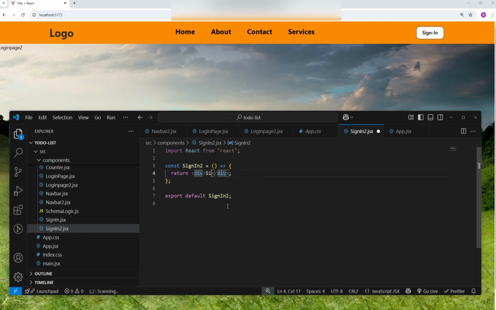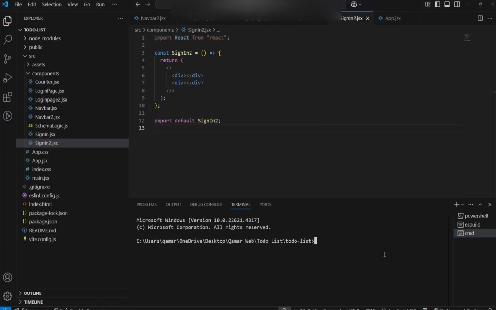So now quickly handle or design the sign in page, in which is our form. For this, as you know, we are using Formik and Yup validation. So quickly installing this: npm i formik, and after that I will install npm i yup.